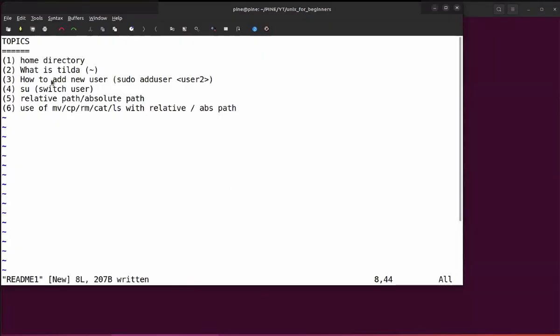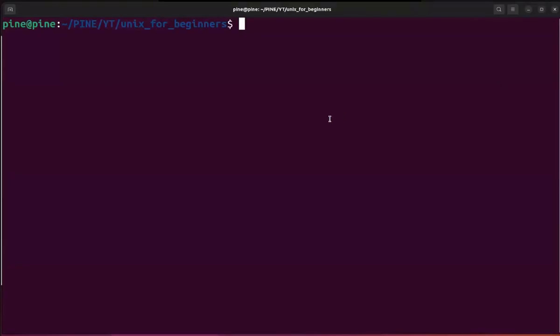So for example, if you want to add a new user into your Unix, by the way, if you are working in a company, you cannot add a new user by yourself. It is done by the root, and the root is mainly given to the IT team, not you. But if you are working on your own local Unix system, or your own Ubuntu, you can create multiple users just to check. So you can run sudo